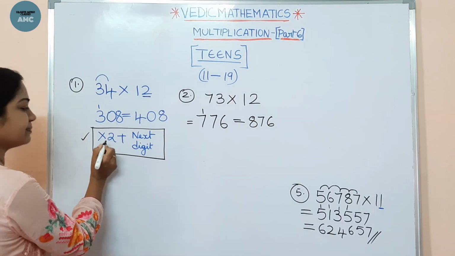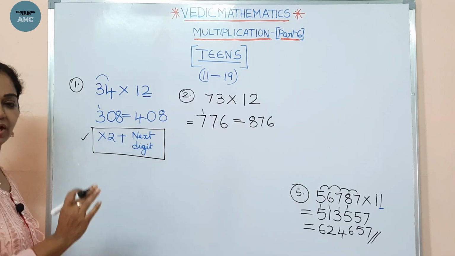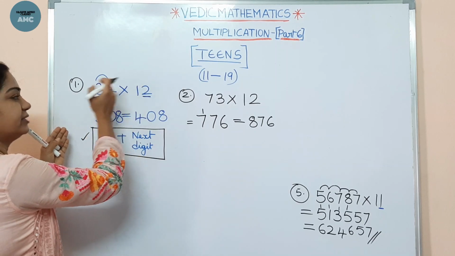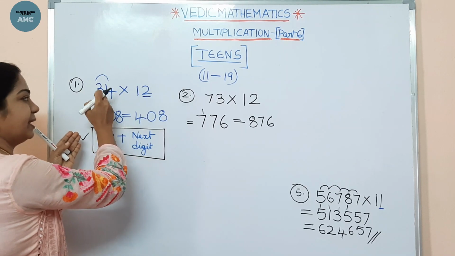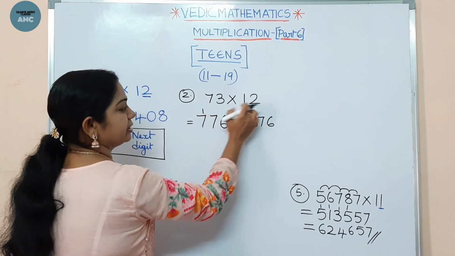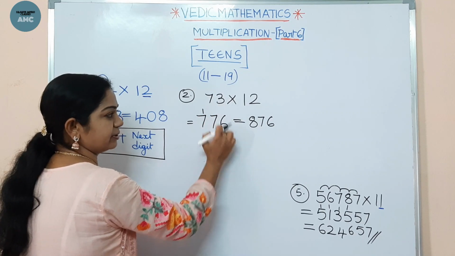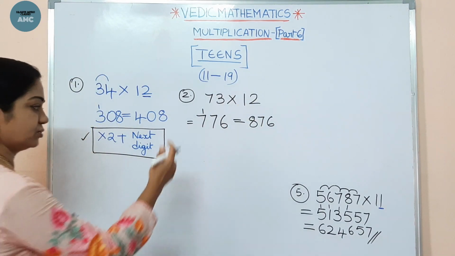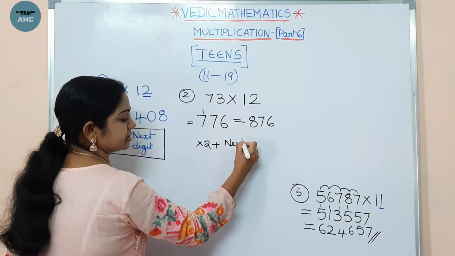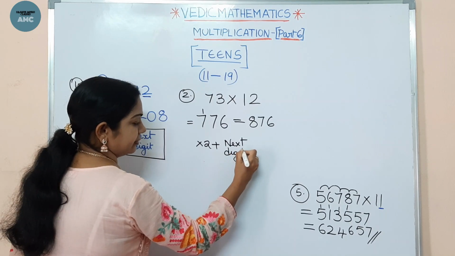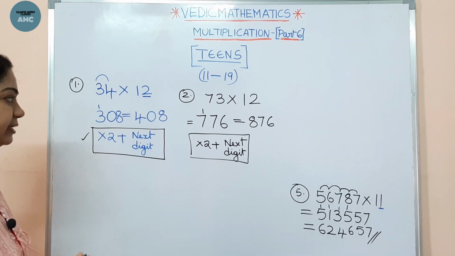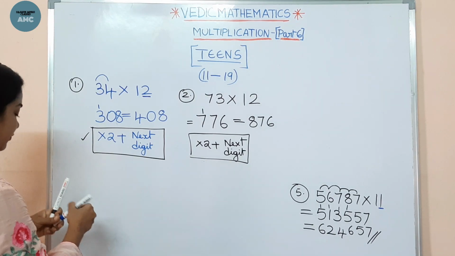So what we are doing, just multiplying with 2 and adding the next digit. First number as it is you have to write, then multiply with 2, add the next digit, then multiply with 2, add the next digit. If there is no next digit, stop there. When you are doing 3 2s are 6, there is no other digit to add. So simply, we are just multiplying with 2 and adding the next digit. This is the technique to be followed for all. If you are taking 13, let us see for a 3-digit number.